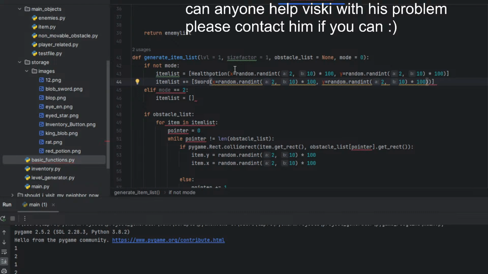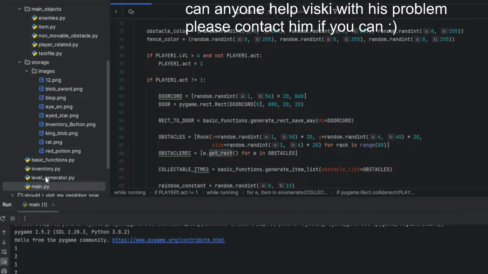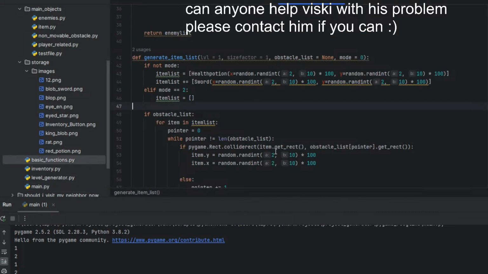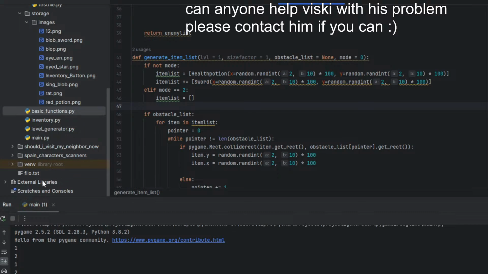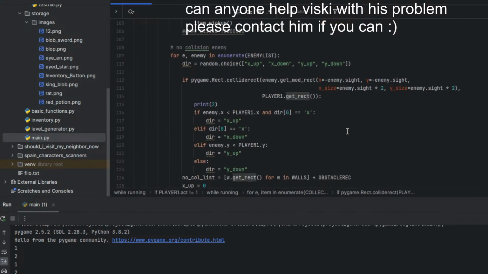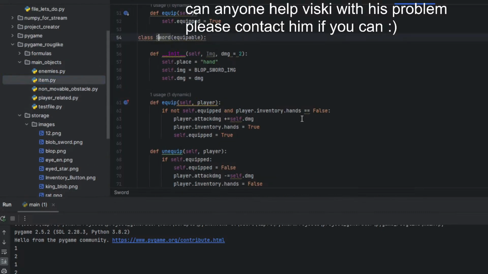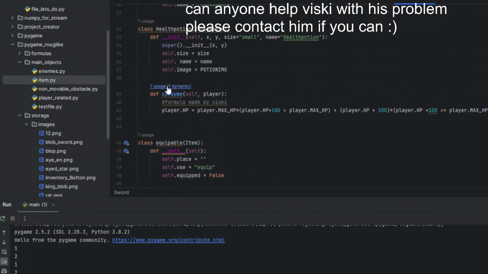Okay. Too many brackets, or why? Sword. Basic functions. Okay, maybe I need to use super. Main. Inventory items. So.